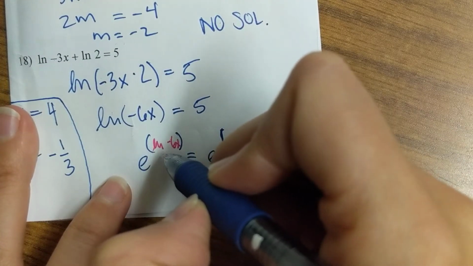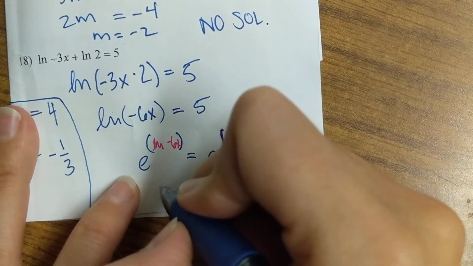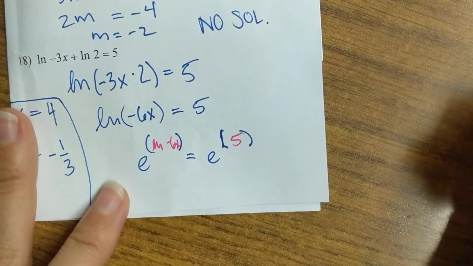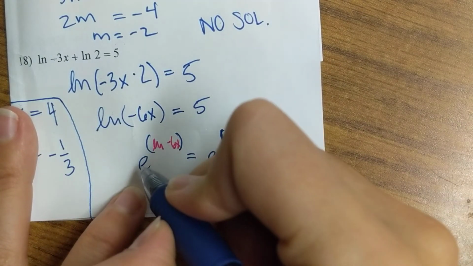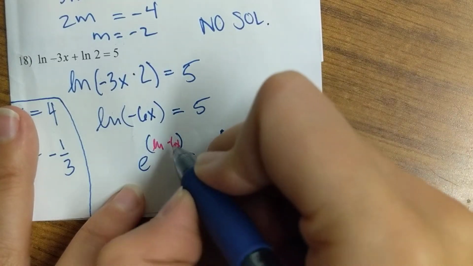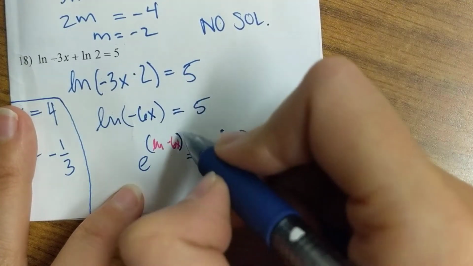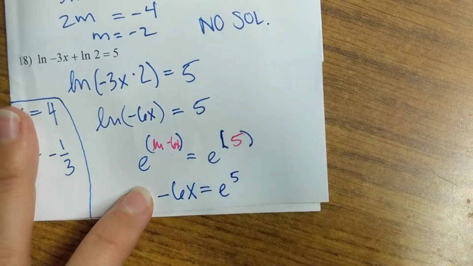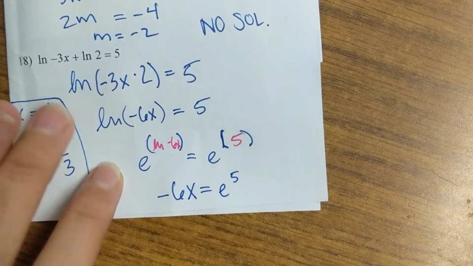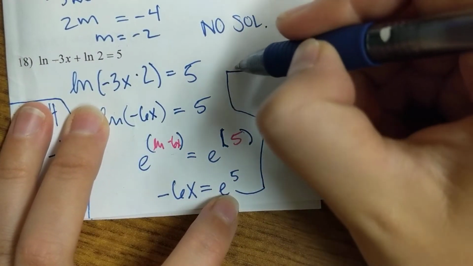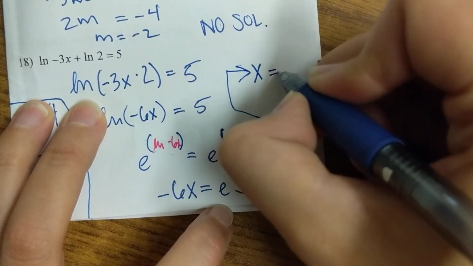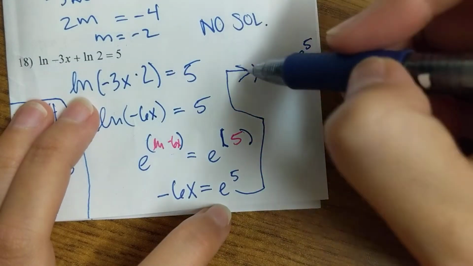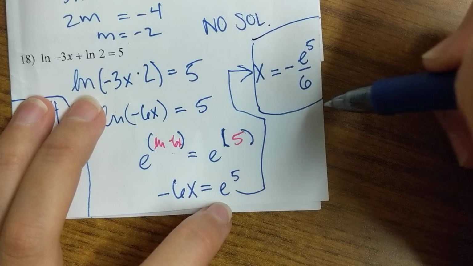e to the power of ln of something is simply that something, right? Because e is the same base as the base of natural log, okay? So the natural number is the base for the natural log. So what we have is whatever you're taking the natural log of. Your argument is what's left on the left side. Negative 6x is equal to e to the power of 5. e to the power of 5 cannot be simplified any further, so leave it as e to the power of 5. And your answer is x equals negative e to the power of 5 over 6, or e to the power of 5 over negative 6. Either way, it's